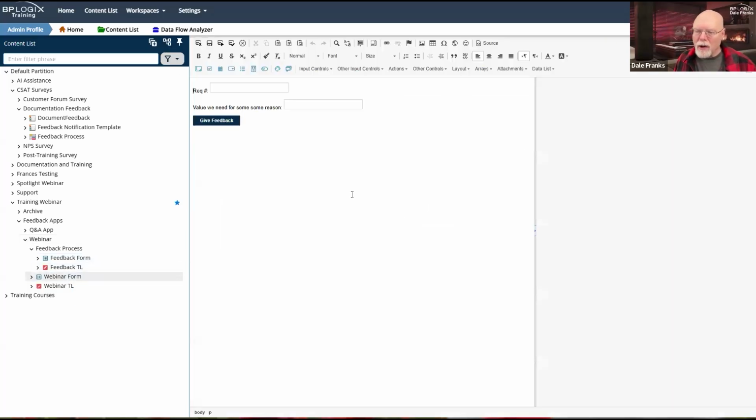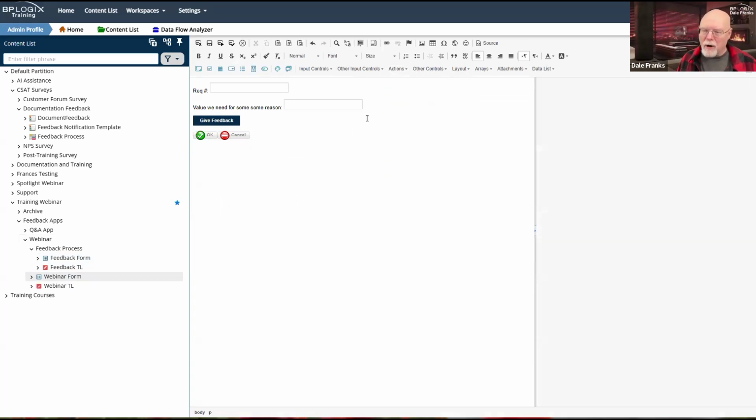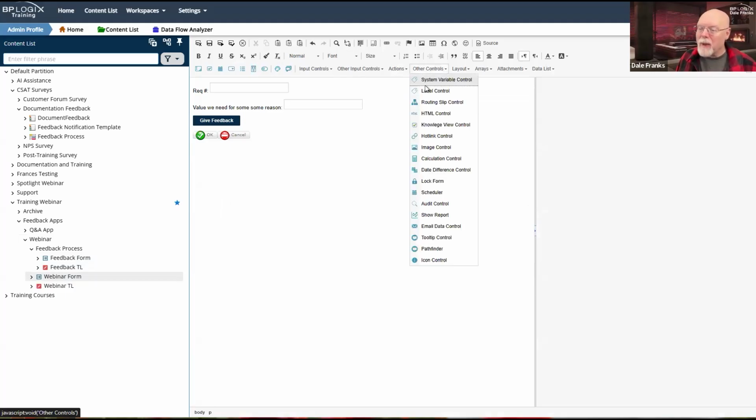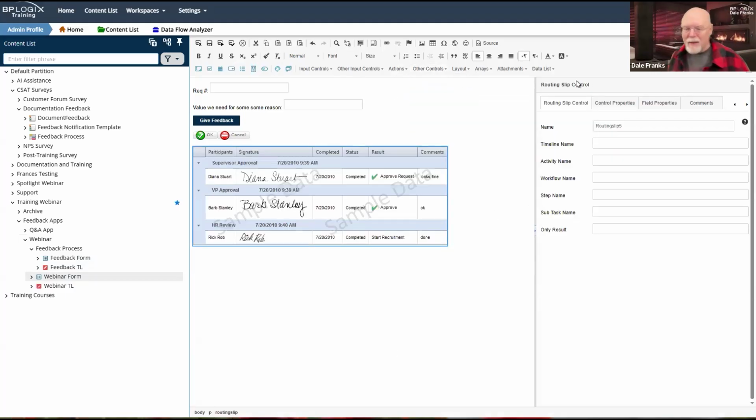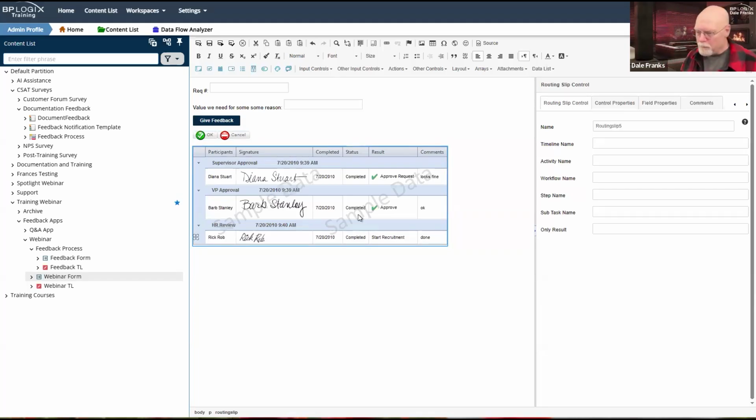And let's go back and look at something on the main form. I didn't drop this in earlier. I suppose I should have, but we'll do it now. I am going to drop in my button area control, because we always have the button area control appear before we drop in a routing slip control. That way, if I have a long process here, I'm not going to force my users to scroll all the way to the bottom of the routing slip before they can access their action buttons. I want them to be able to do their action buttons first and then optionally scroll down through the routing slip if they need to or want to.